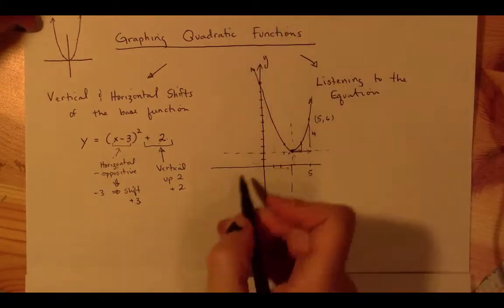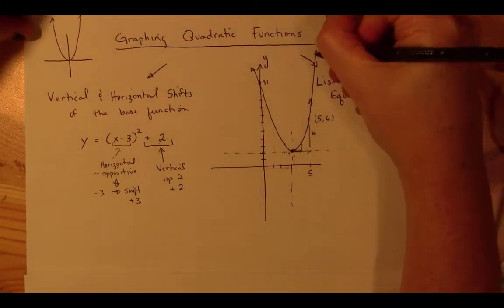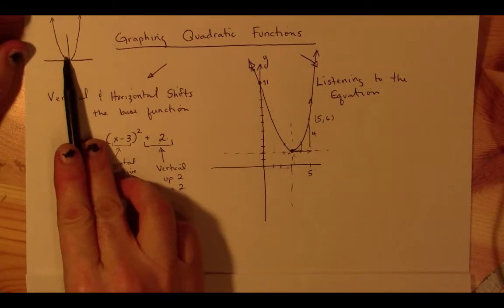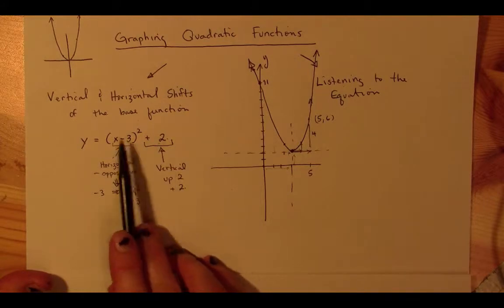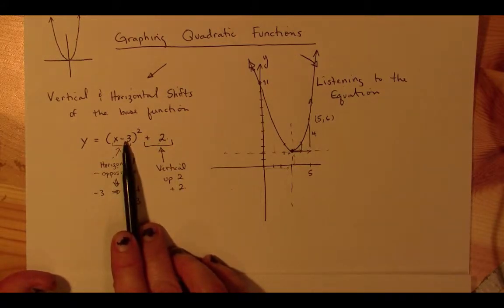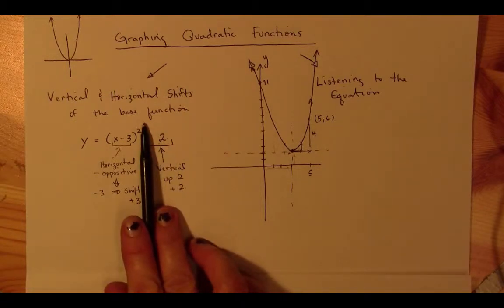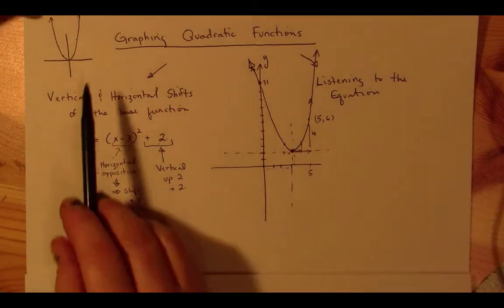Right there. And since the vertex was up 2 to start with, this is at 11. So there's the idea, and this generalizes. You can know the shape of any base function, and then you can just recreate it at your new vertex, which you think about as the opposite of whatever's happening to the x, and that would be horizontal, and then the number that's tagged on after everything else has been completed represents a vertical shift. Okay, so this is one approach,